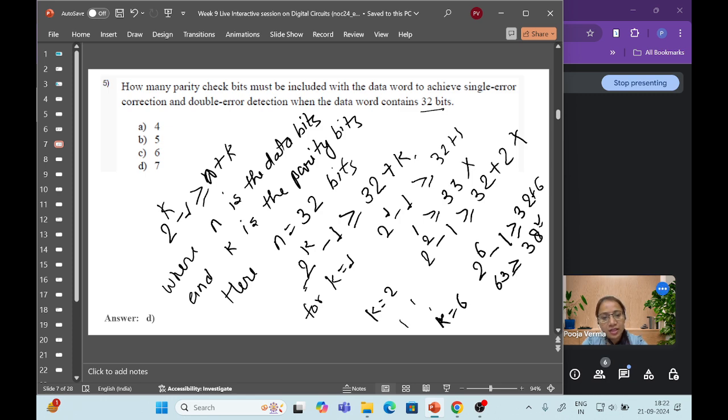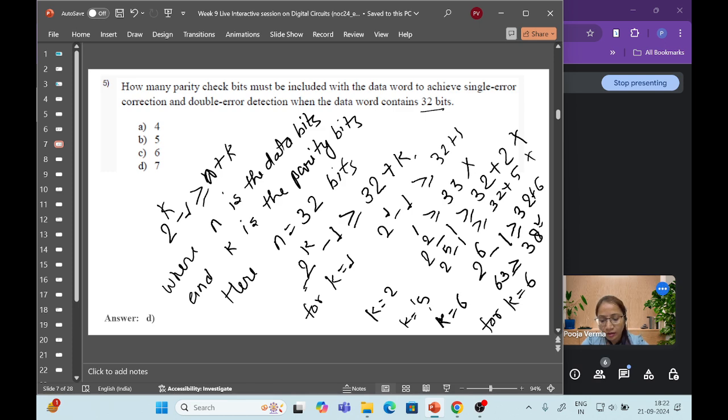You can check for k is equal to 5 also. So 2 to the power 5 minus 1 is 32 plus 5. So here it will come only 31. So that condition also will not satisfy. So for k is equal to 6, the condition will be satisfied, but it is used only